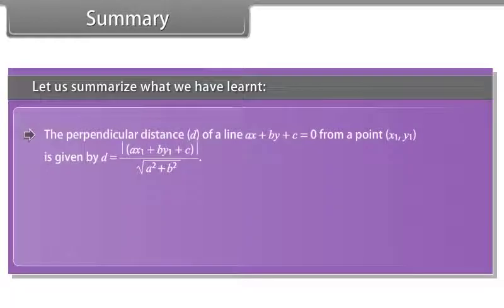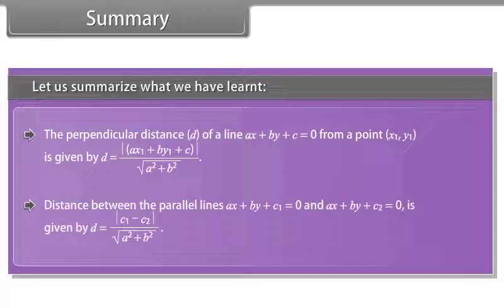The perpendicular distance d of a line ax + by + c = 0 from a point (x1, y1) is given by distance between the parallel lines ax + by + c1 = 0 and ax + by + c2 = 0 is given by